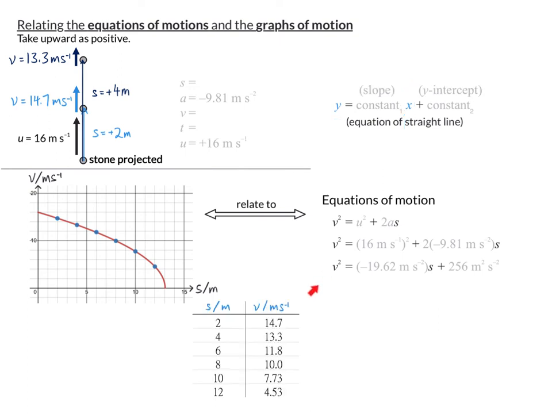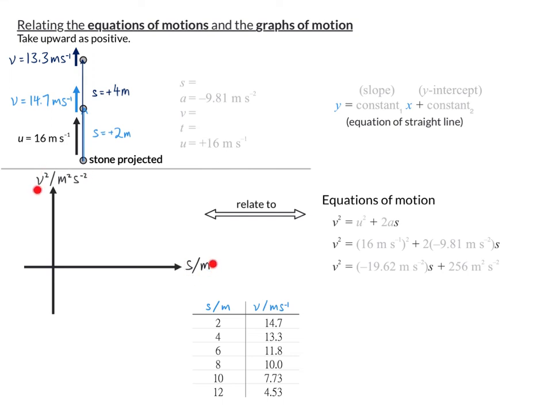Now, let's dive deeper into this equation. What if I don't plot V against S, but V squared against S? Wait, what does it even mean by having V squared in the vertical axis? Well, look at this table again. We have computed pairs of S and the corresponding V. If I add a row called V squared to this table, that is, calculate V squared for every V we have here,